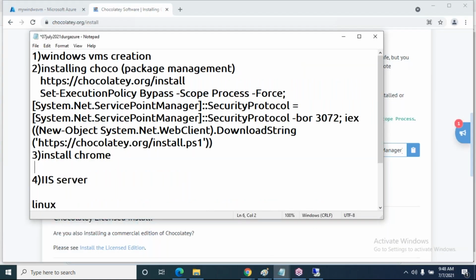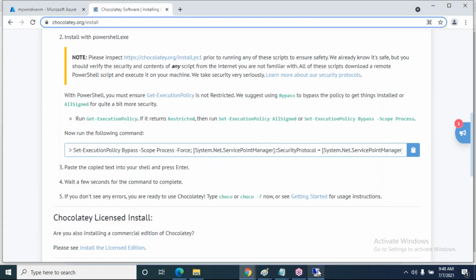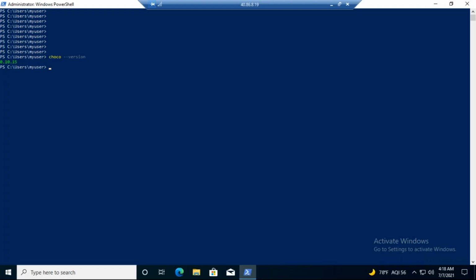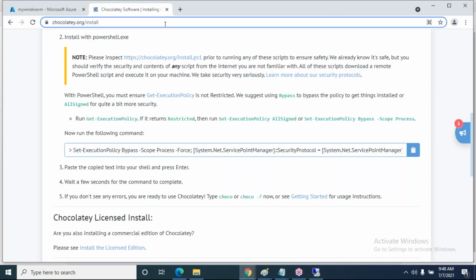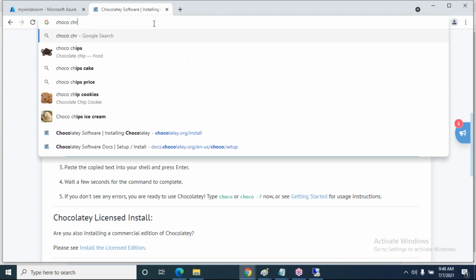Now by using Chocolatey, how to install Chrome? Chrome is not installed, right? In the virtual machine, I'm going to install Chrome. Just minimize it, and in the browser, search like this: Chocolatey Chrome browser.